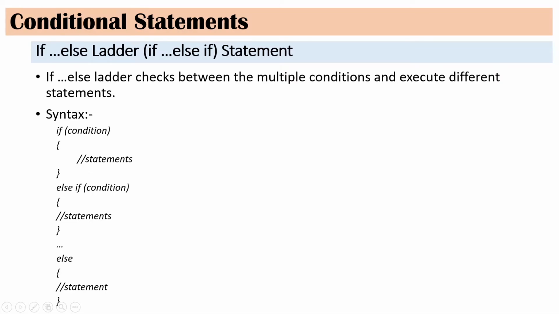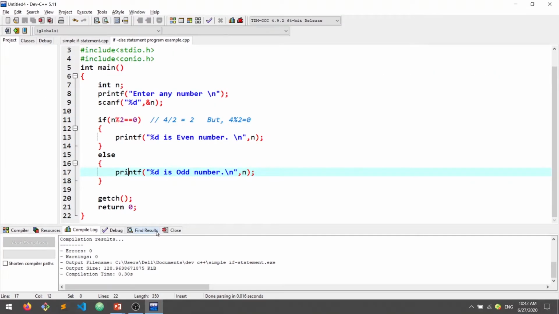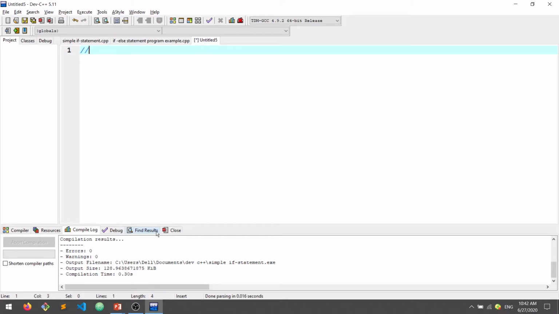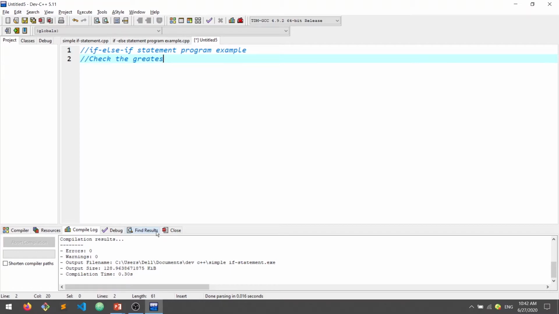So this is very simple. I'll also explain with the help of a program example. If else if statement program example: check the greatest number among three numbers. Find greatest number. Which number is greatest among three numbers? This is really simple. Okay, #include